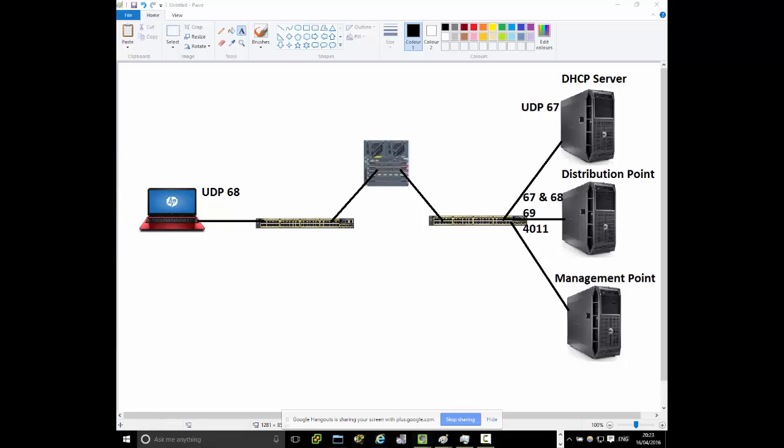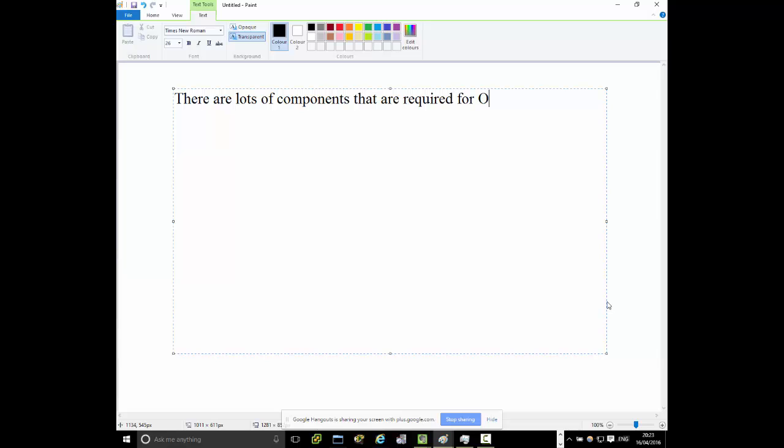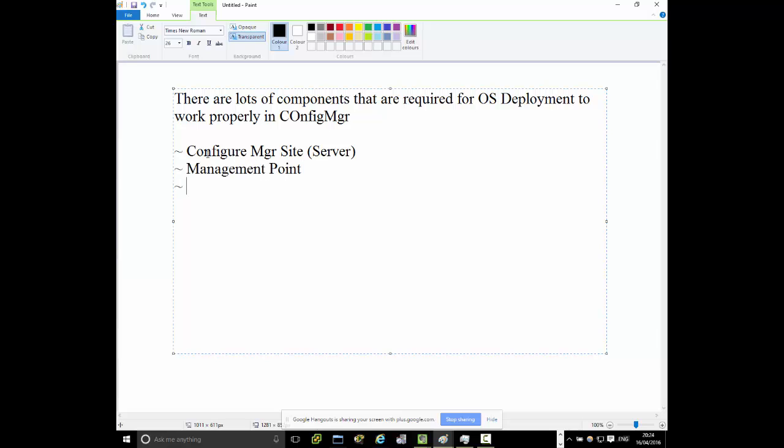One of the things that we've mentioned a little bit in this series, maybe not as much as we should, is that there are lots of components that are required for OS deployment to work properly in config manager. One of the components, of course, is that we have to have a config manager site, and that means the config manager site server. At the same time, we have to have a management point. We also have to have a distribution point